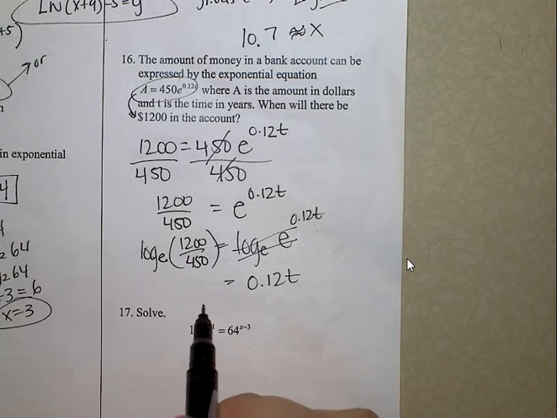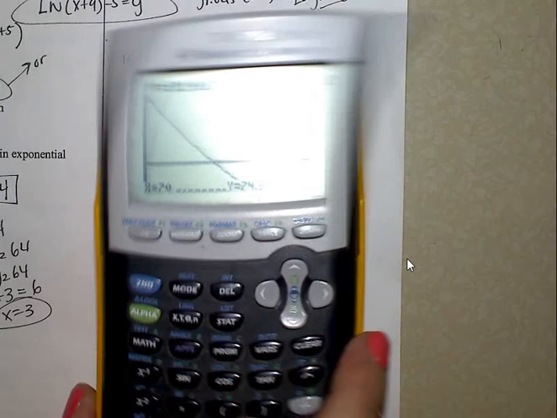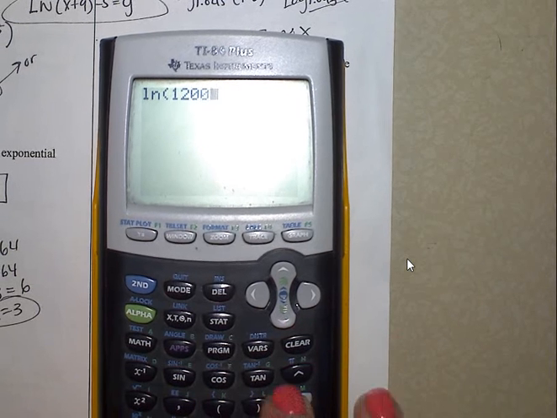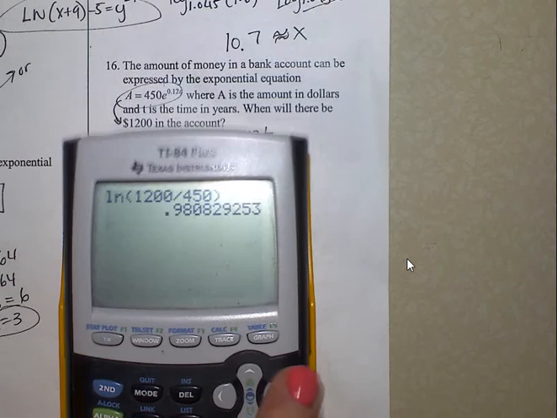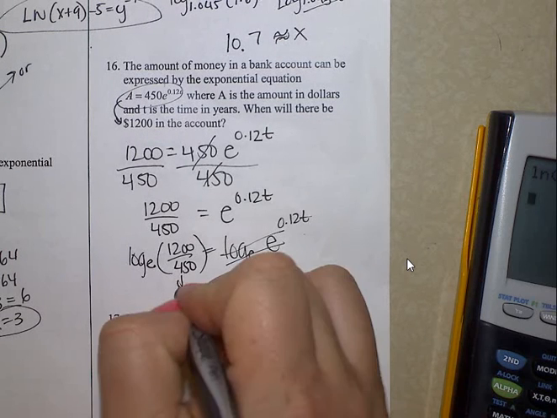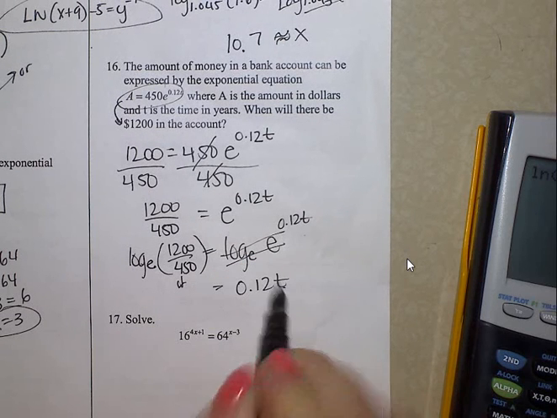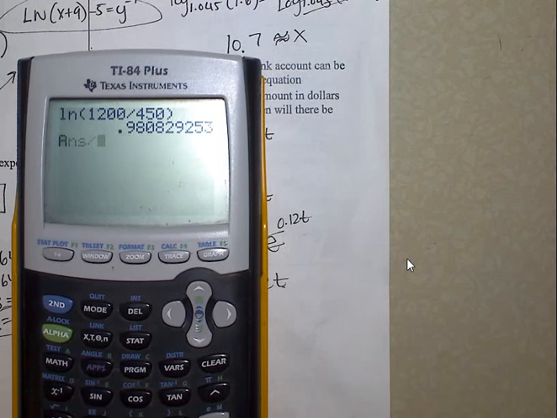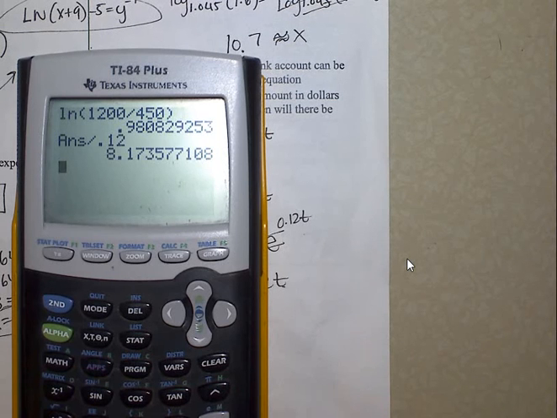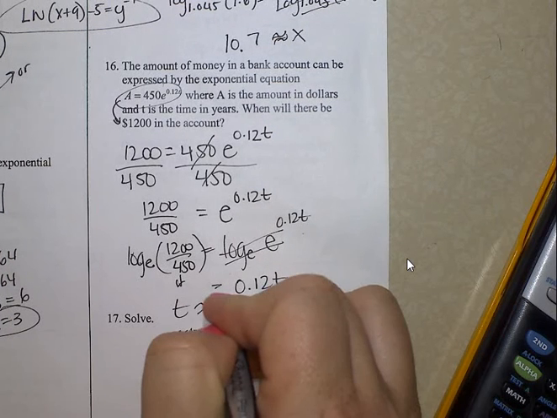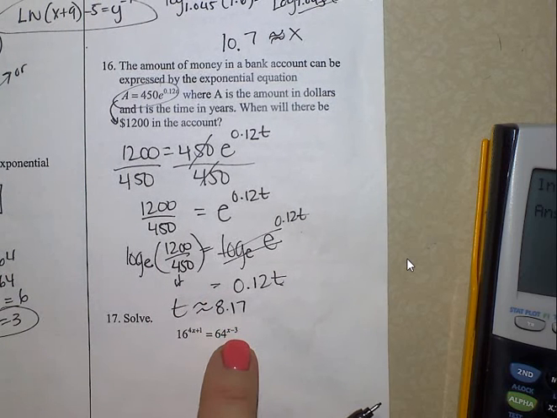Go ahead. Okay, so we have this number. We're not going to write it down. Okay, that represents this. And the very last step to isolate this t is still to divide by 0.12. So this represents how many years it will take until you reach 1,200. So in terms of words, what can we say? It would take,